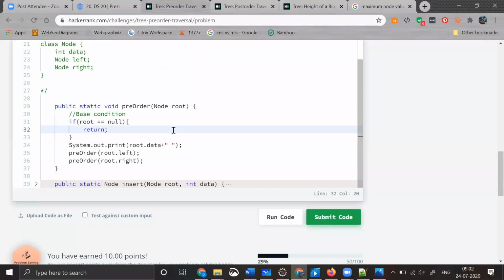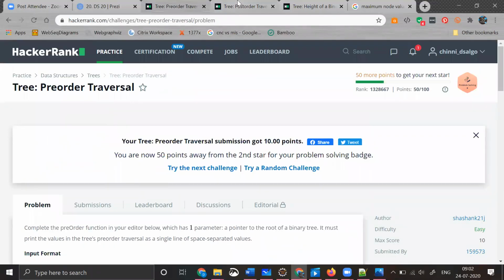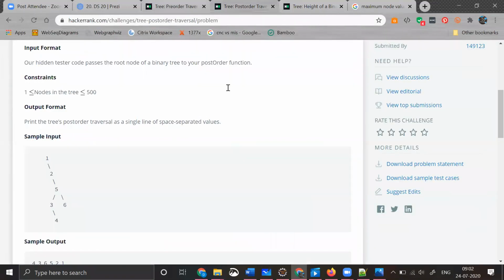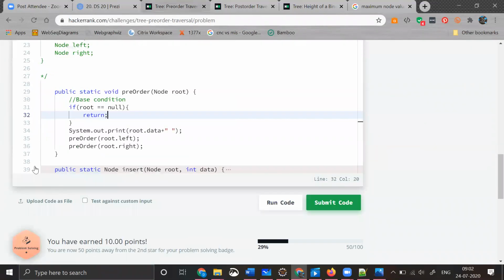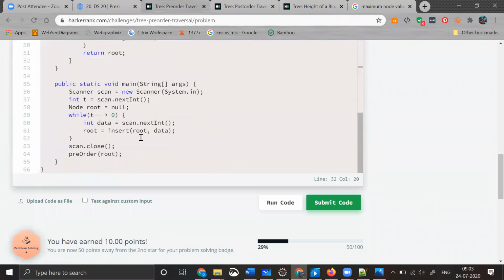Now we have done with the pre-order, right? Let's try to do the next program, which is, in order also you can do, but I have taken post order. So what is my post order? Okay, let me show the main method for this. Let's see how they have implemented the main method. So what is the main method saying? This is the main method.